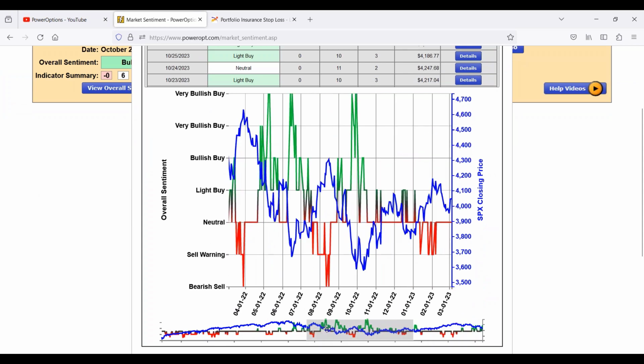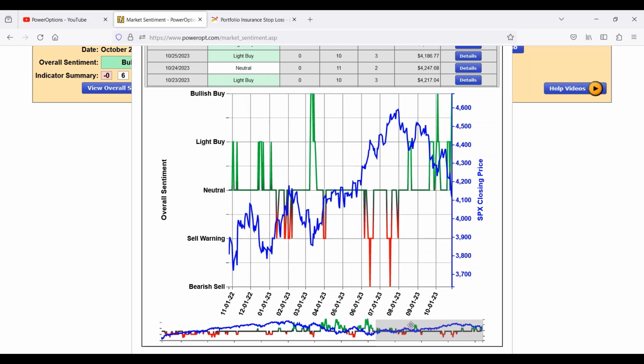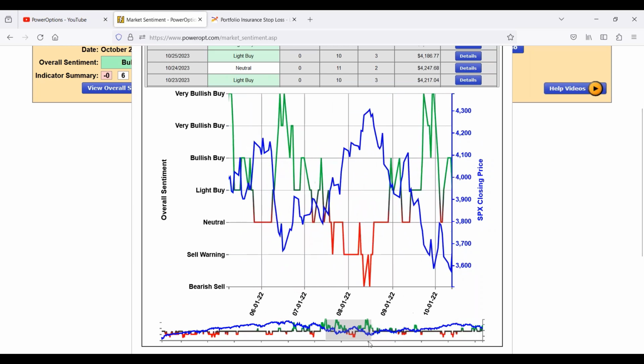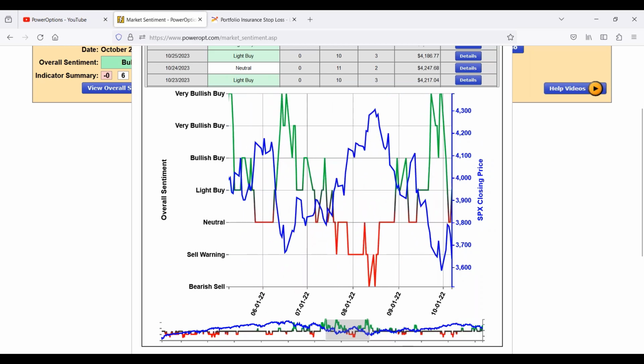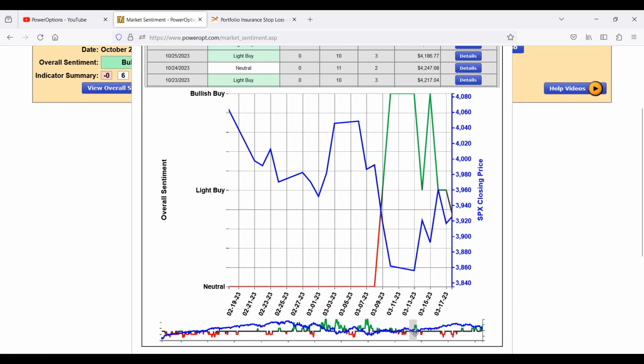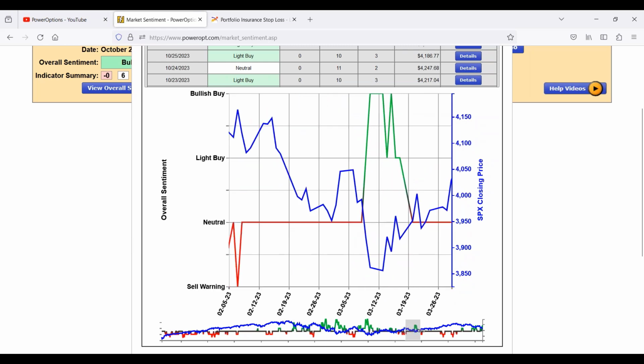And we see some of the... Did I go too far? I did. I'm sorry. Well, there's the October one we looked at, I think, last week. But yeah, here's a couple that we see back in that 3-1 range. I want to kind of isolate that for you real quick. Sorry, there we go. So back here in March or so was when last time we saw a couple of those bullish buy warnings,